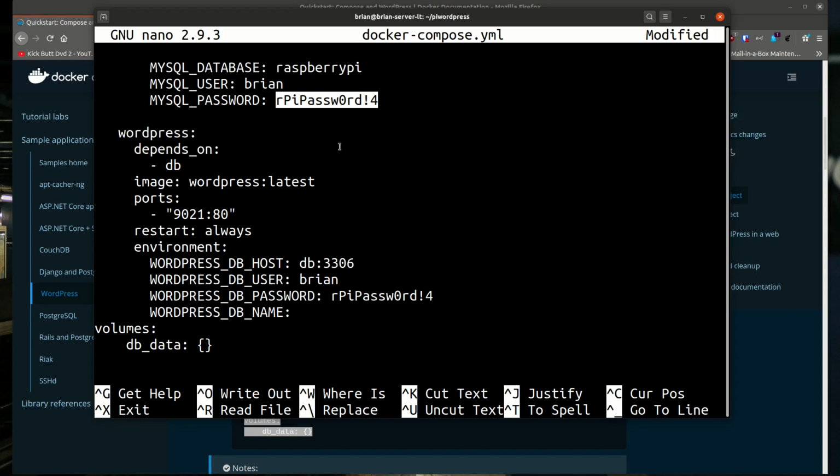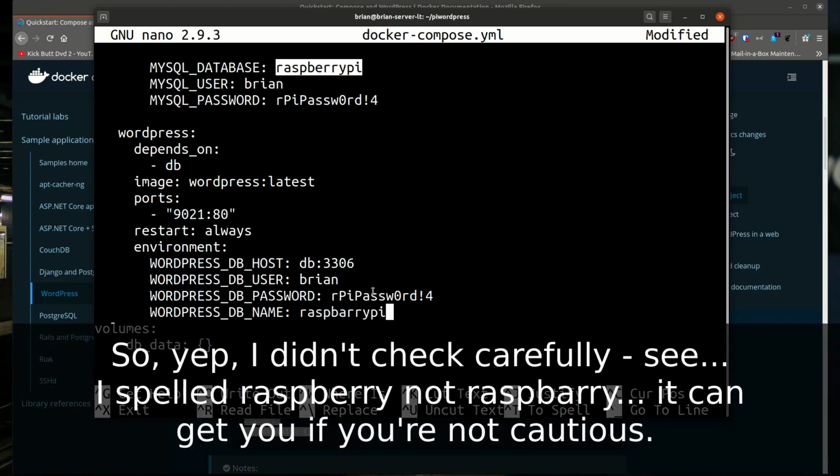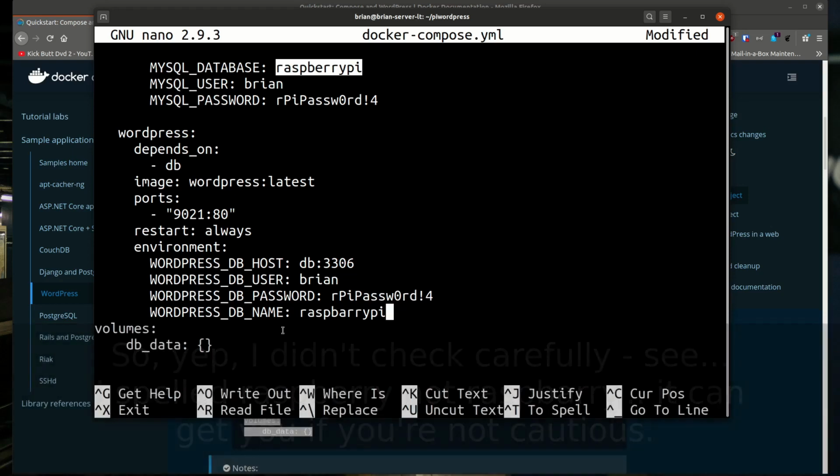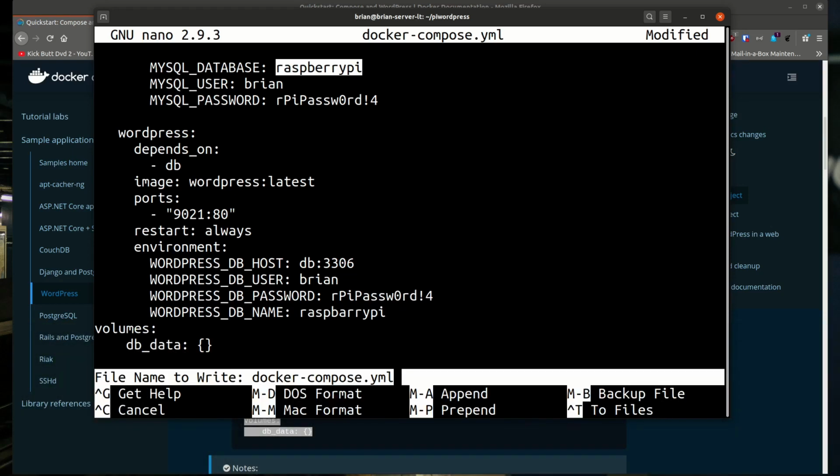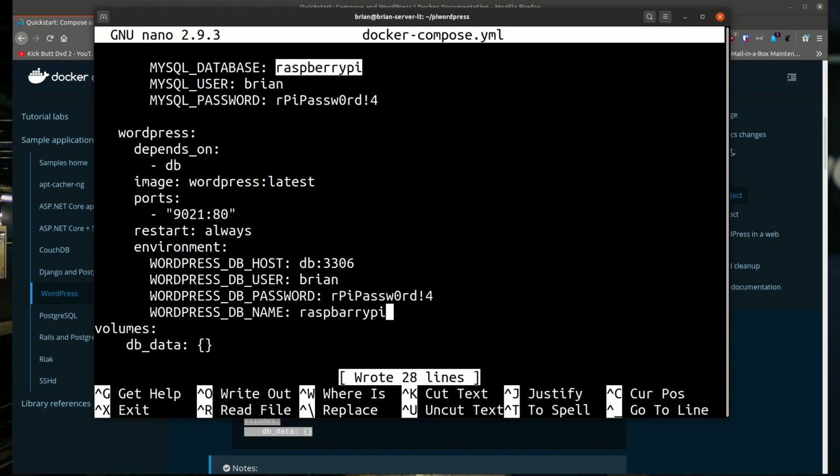Finally, the DB name, that is this name right here. So again, make sure that they match exactly. Okay. Double check everything, make sure that it all matches, and once you're happy that everything is the same on both sets of data, you can save using Control O and then hit Enter, and then Control X to exit